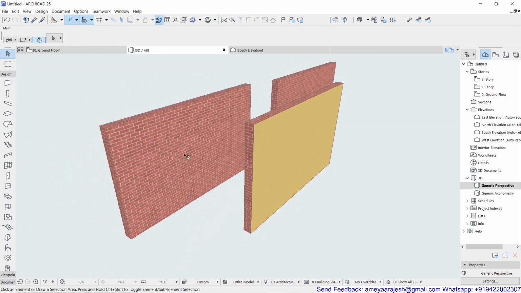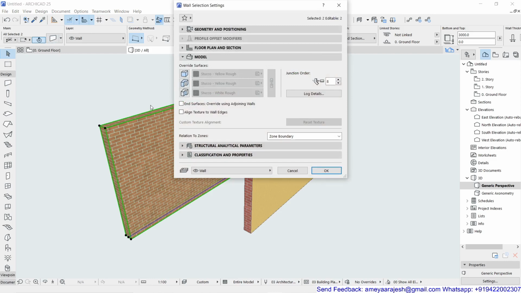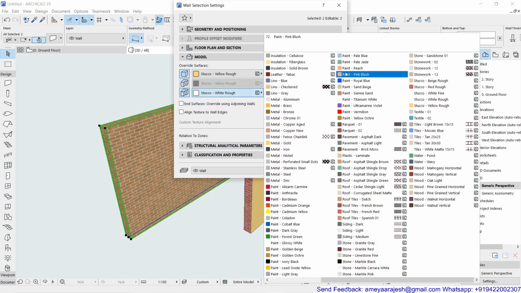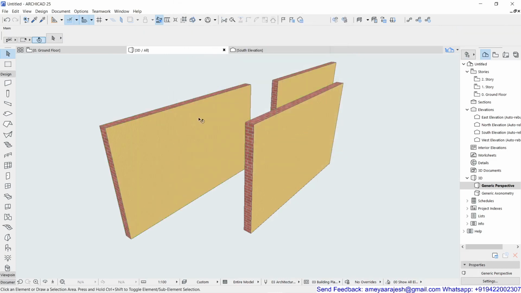Now, if in case you want to apply the same setting for these two walls also, remember I'm not using the pick parameters and inject parameters logic yet, which is available at the top. I'm not doing that because that will even affect my reference lines and everything, which I'm not interested to do at present. So instead of that, I'm just going to click on the setting, and inside this wall selection settings, you can see that again in the model group, I'll override its outside and its inside face. For the inside face, I'm just going to place the same color which I have used earlier, and I'm just going to say okay, and you will see how it works again.